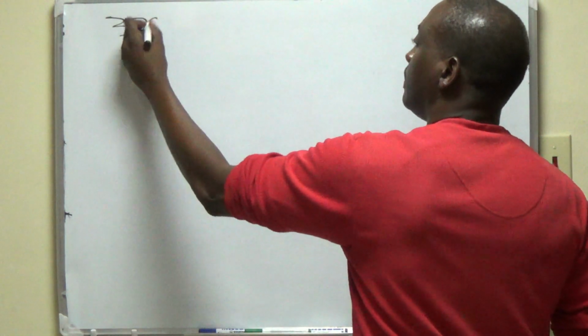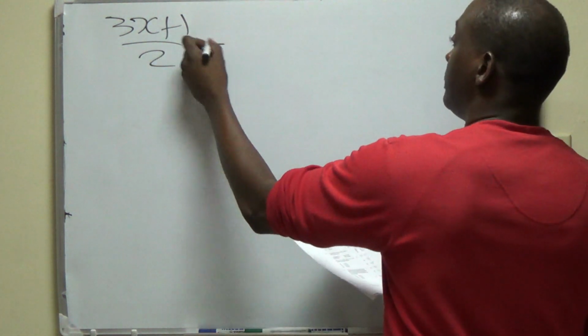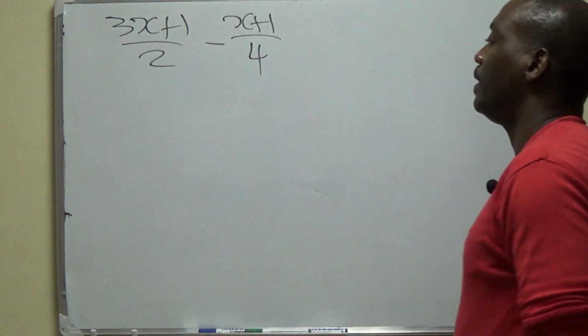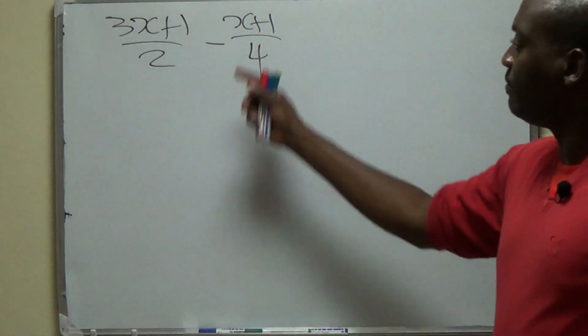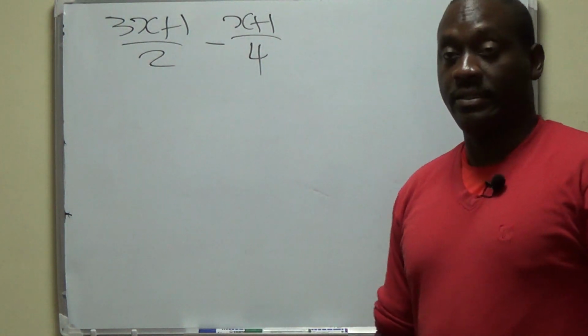3x plus 1 over 2 minus x plus 1 over 4. Alright, now you have two fractions. Let us look at the denominators. Remember,